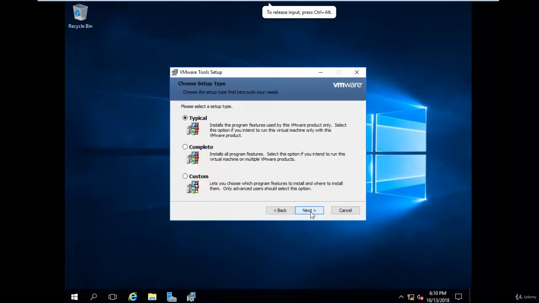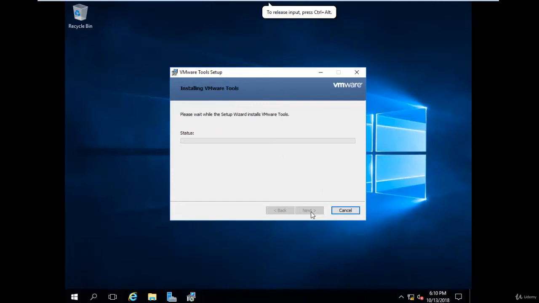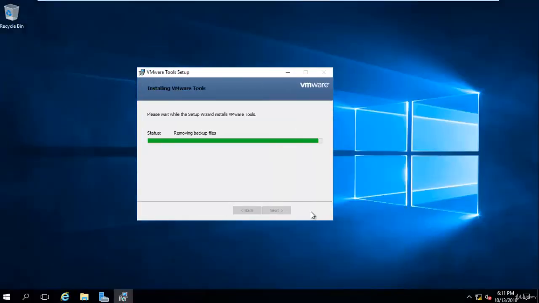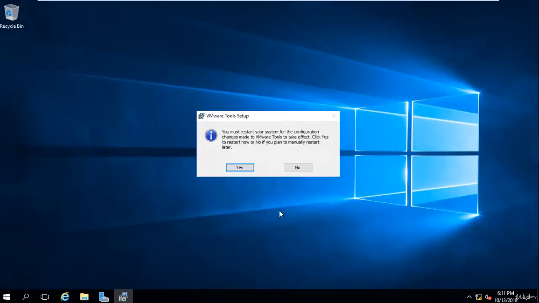Just click on Next, Next, Install. Just click on Finish.